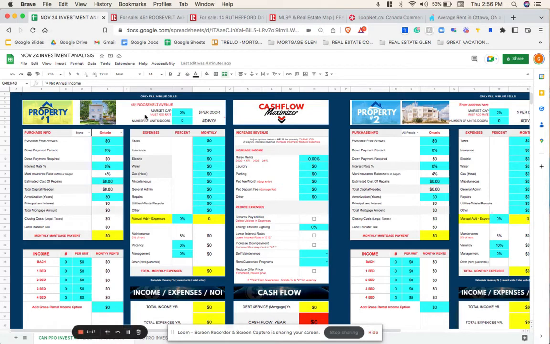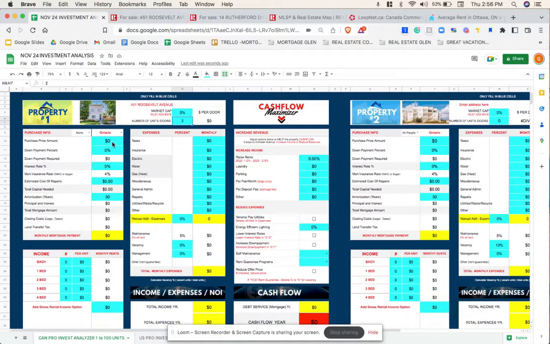Okay, so we're going to come over here. I actually put the address in already at the top, and I took a picture of it and added it here, so that way we know what's going on. In this particular area of Ottawa, the cap rate is around 5%. The units, there's only 2 units, right? Okay, so we enter. Now the price is